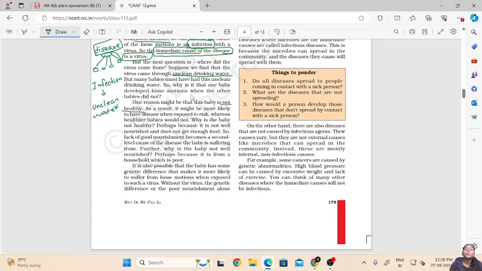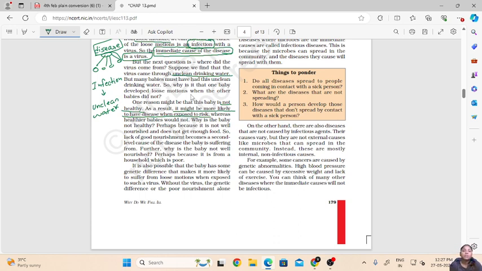So it may be already weak, or it may be already unhealthy. So it got affected by the virus faster. So as a result, it might be more likely to have diseases. So it might be more likely to have diseases when exposed to risks,